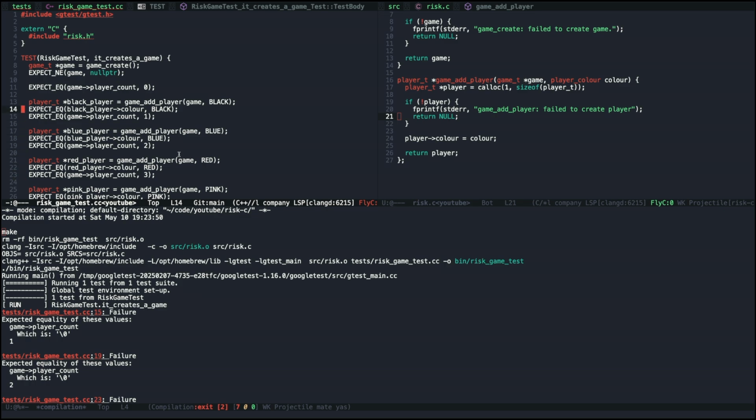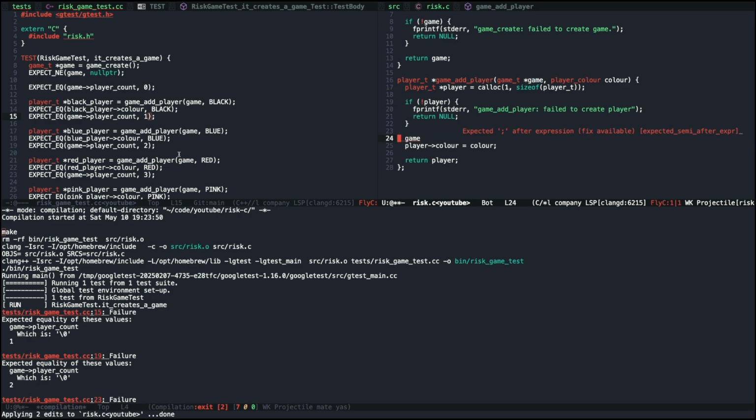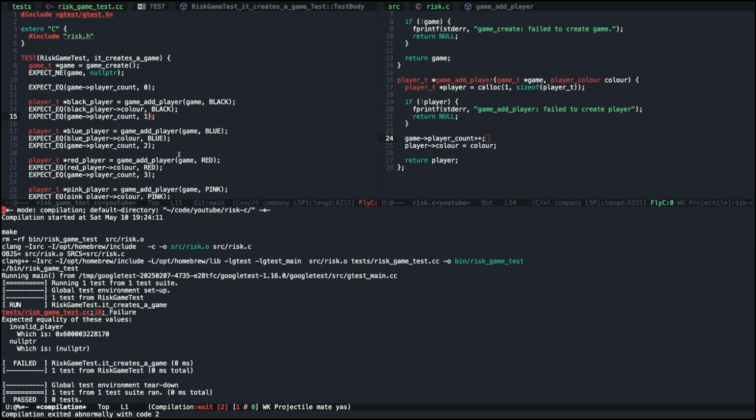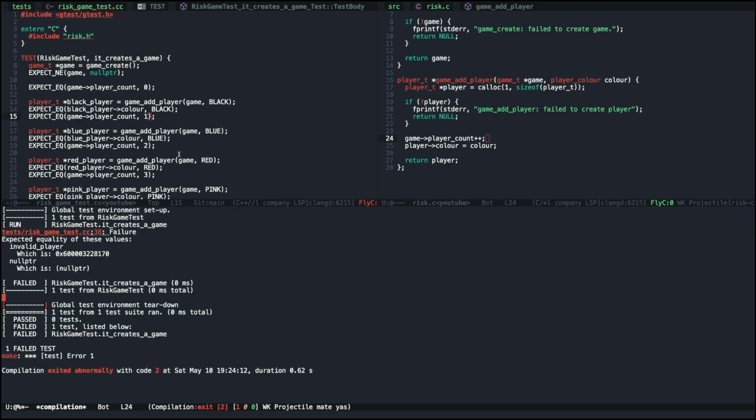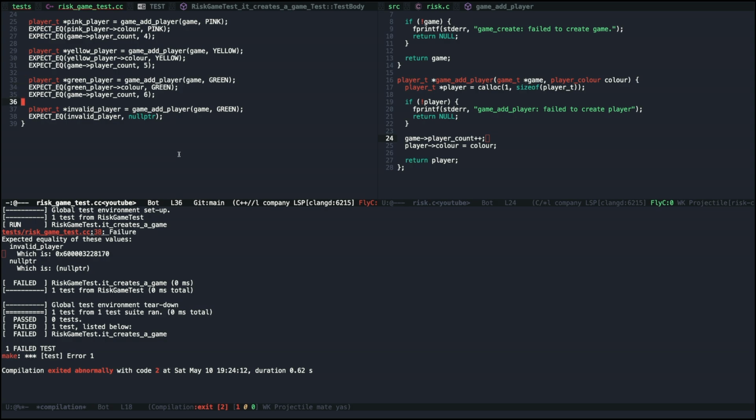All right. Well, it is not being incremented as well. So when we add the player color, we should also increment the player count. And that should do the trick. Yeah, all our tests pass, and we're back to square one, where we want to test that you can add